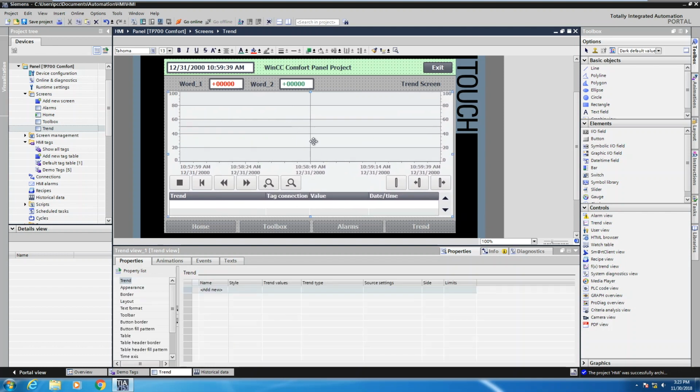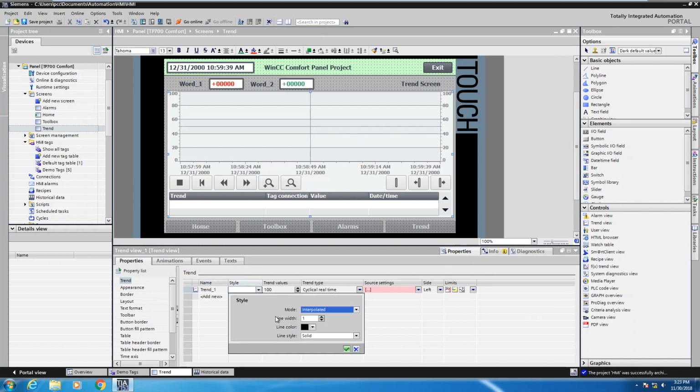So now I do have a trend view object. It defaults right into the trend area. So in this trend area, I have to add in the actual pens that would be plotted on this historical trend. So if I click on Add New, the first thing, you've got a name for the actual trend value. You do have a style here. In this style dropdown, you can pick